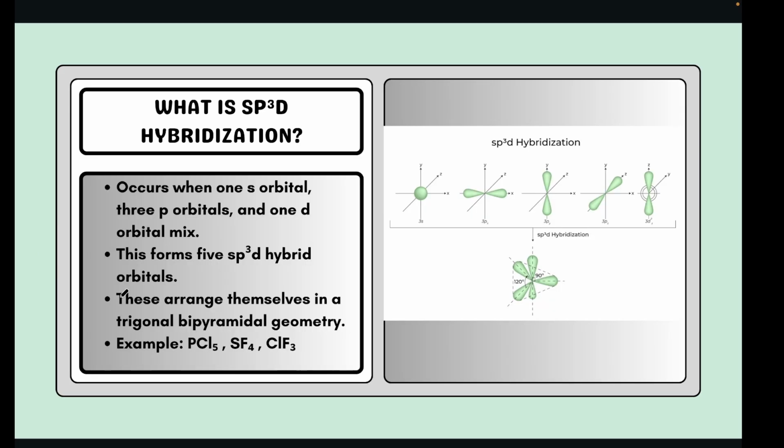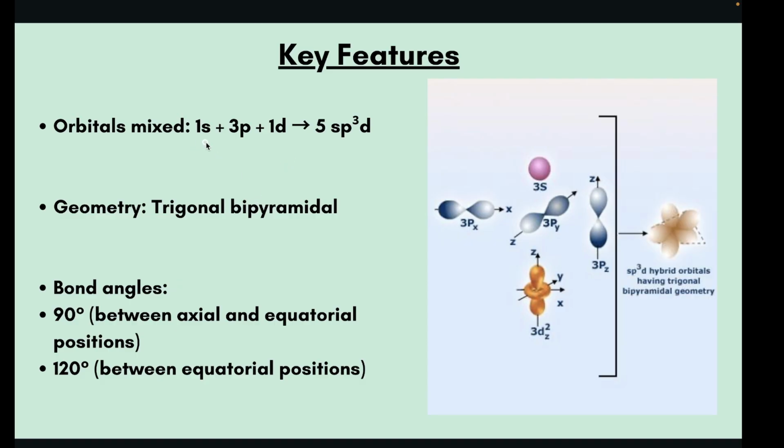So what is sp³d hybridization? It happens when one s, 3p and one d orbital mix. This will form 5 sp³d hybrid orbitals. These orbitals arrange themselves in trigonal bipyramidal geometry. Like here, we can see involvement of 1s, 3p and 1d orbital leads to 5 sp³d hybrid orbitals. That leads to the geometry trigonal bipyramidal,